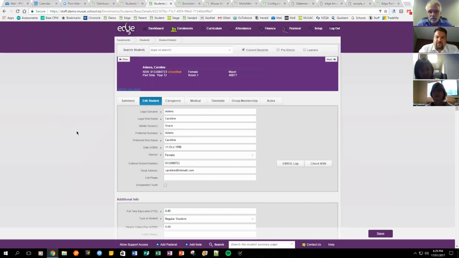So one of the key principles that we have within Edge is a centralized database, where all schools are hosted on the same database. What that's for is a centralized student record. So no matter where the student goes in New Zealand, if it's an Edge school, then that student information, under the privacy laws, gets transferred. Perhaps more so in South Africa, we need to investigate whether or not that is the case. In saying that, if you're looking at data analytics, one of the key things that we have here is